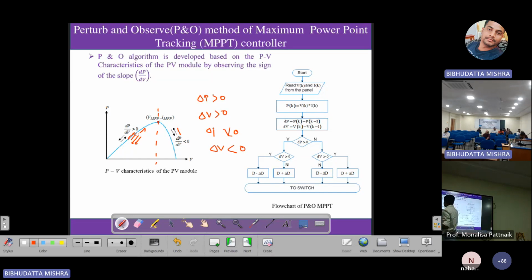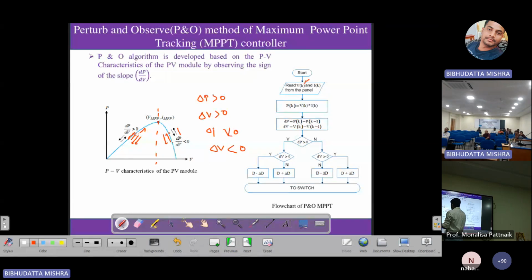Either if you go from this side to this side or this side to this side, you should always increase the voltage. And here, if you were moving from here to here, you are going in the correct direction, so you should decrease the voltage. And if it is the opposite, you should also decrease the voltage. Okay, so if you are on the left hand side, you should always increase the voltage. If you are on the right hand side, you should always decrease the voltage. And what are the 4 possibilities that I already told you? So based on this logic,